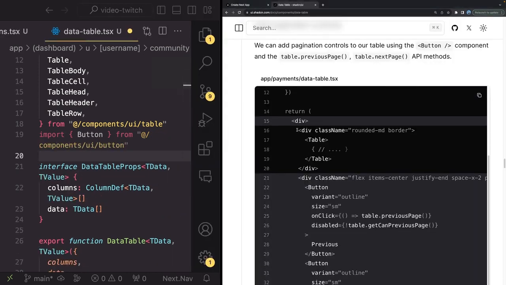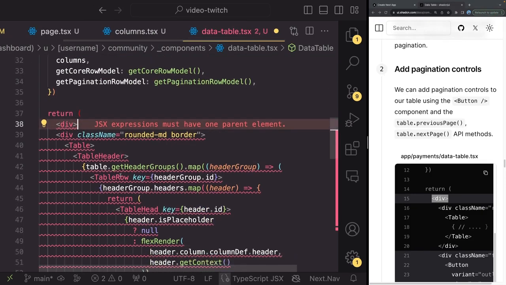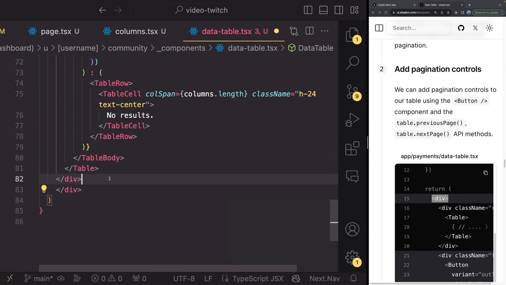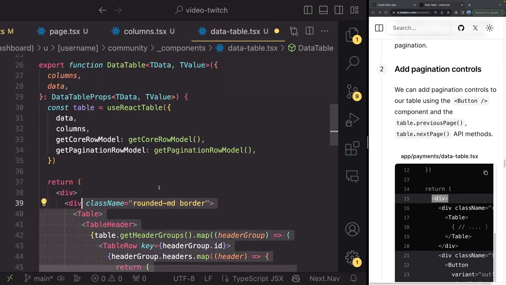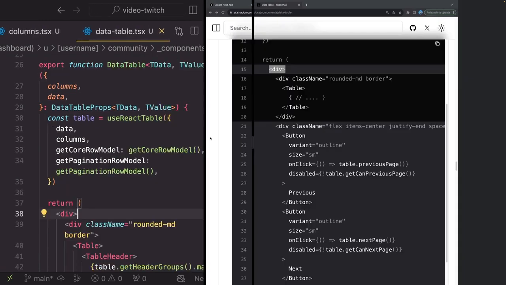And now we have to wrap the entire thing inside of a div first. So let's do that. So wrap the entire thing inside of a div. Go all the way to the bottom like that. And then indent everything like this, all right? And now